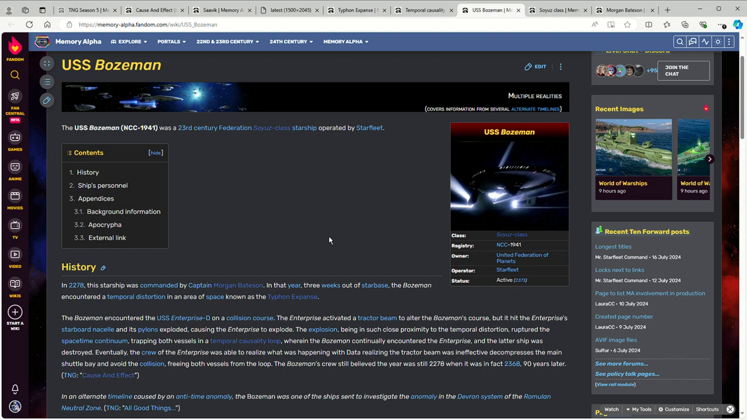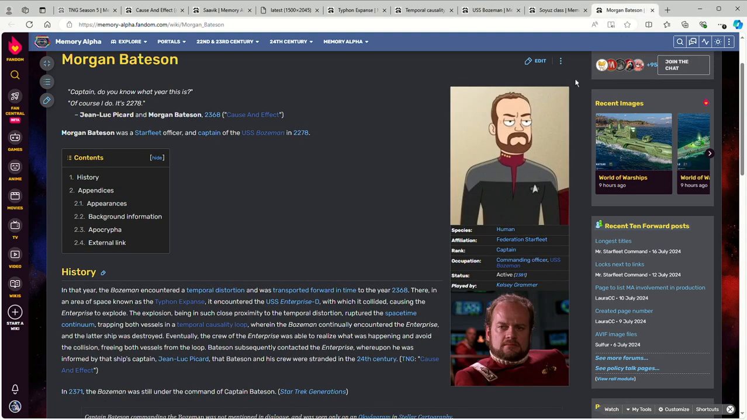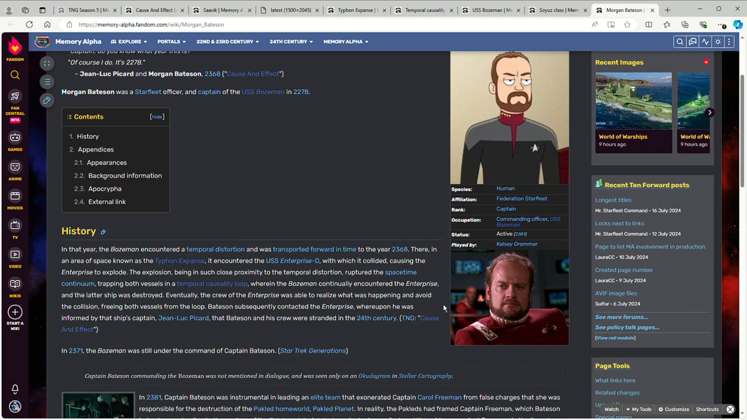And for some strange reason, they decided they wanted to have Savick on board. Okay, having Kirstie Alley play someone, cool idea as a fun in-joke, because the fact that you have playing Morgan Bateson, you have Kelsey Grammer, who was a co-star of Kirstie Alley on Cheers. Well,